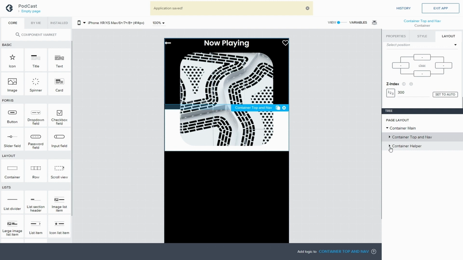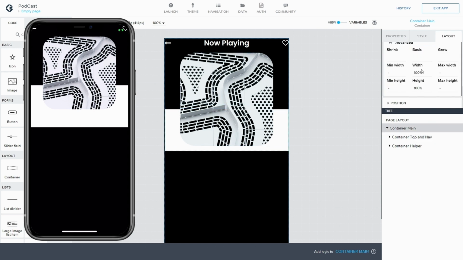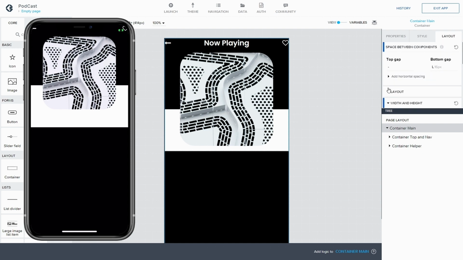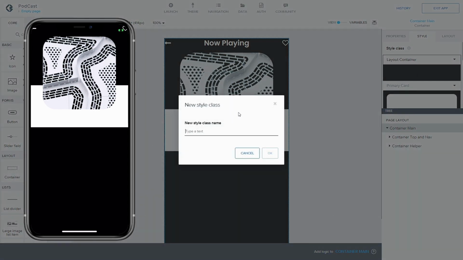So if I now go and show you quickly how it looks, you see now we're just missing the top, and the reason why we missed the top is because we need to add some, and we can't do it here unfortunately. So I think we even can't do it here. No, I don't like this, but that's what it is. So just need to create a new container. So we duplicate this one. This is for